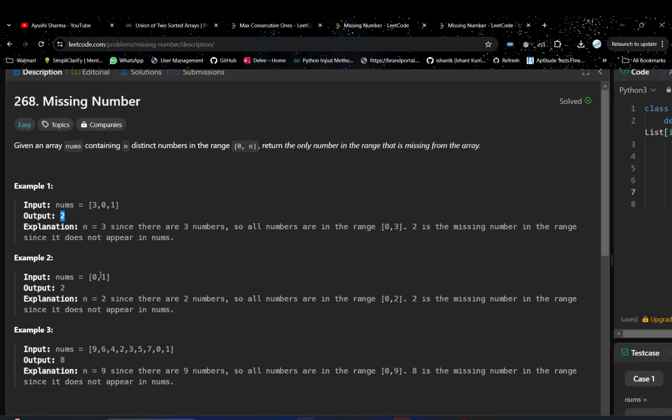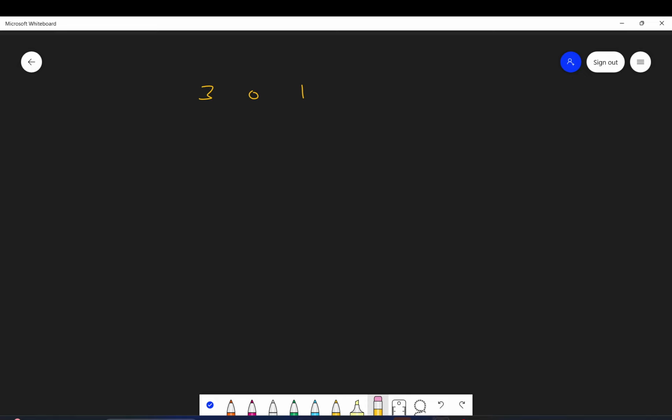Okay, you can check out the rest also. So here n is basically the length of the array. So if length is 3, it means from 0 to 3 your numbers will be given. So in this test case, the numbers will be from range 0 to n. N is 2, length is 2. So n 0 to 2, which is 0, 1 and 2, and 0 and 1 is there but 2 is not there. So hence in the output we will return 2. Okay, I hope you understood the problem. Now let's see how we can approach it.